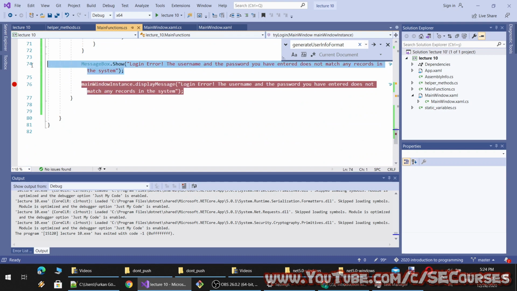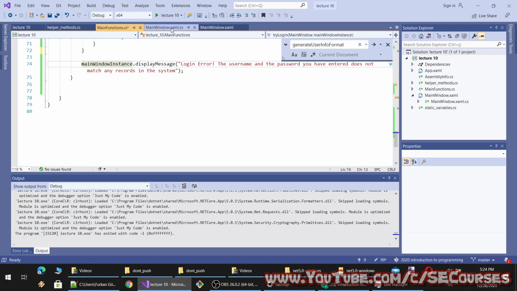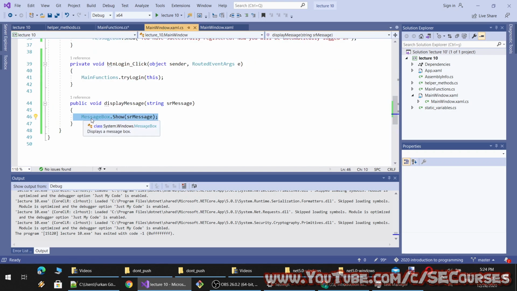This is actually better because this way you ensure that it is being displayed from the current window's instance. For example, if you happen to have, oh, okay. So I will show you where it wouldn't work.